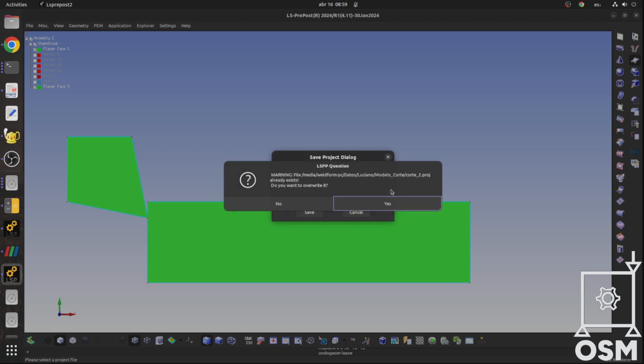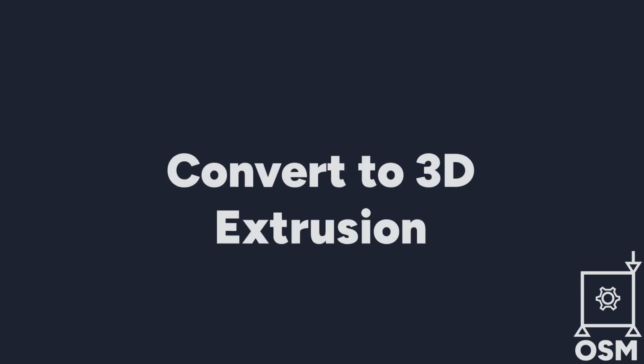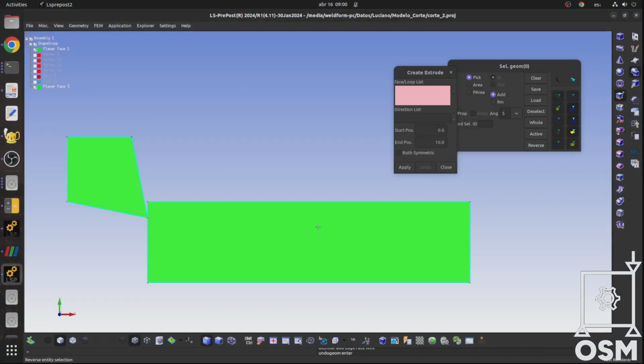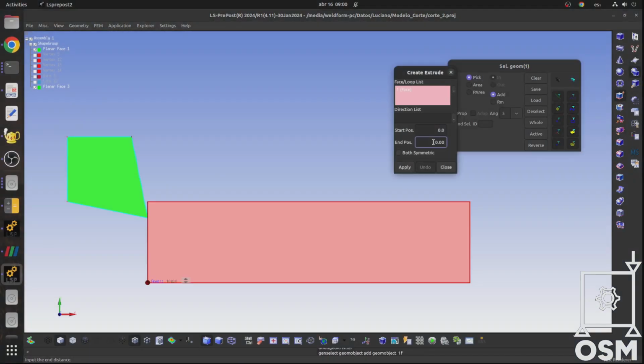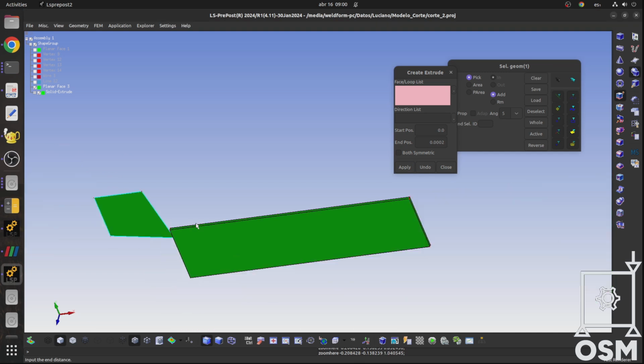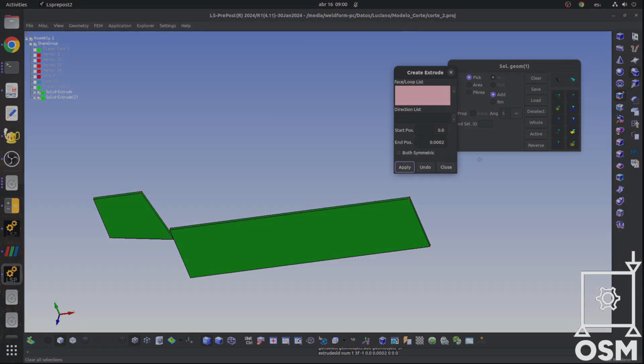To generate the tool surface, go to Geometry, Fill Plane. Select the line you just created and click Apply. We will begin by extruding both the workpiece and the tool by 0.2 millimeters. We will use the extrusion icon located sixth from above. Both bodies are extruded simultaneously to maintain alignment and allow proper chip formation.